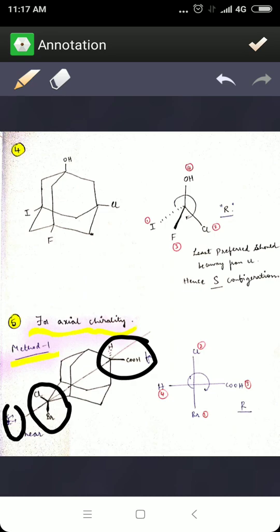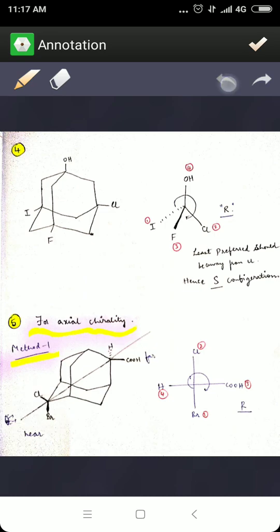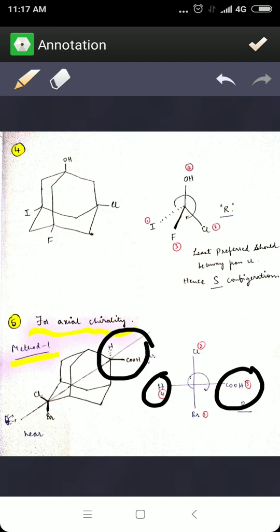So what we are going to do is, whatever is far away from you, that is hydrogen and carboxylic acid, is far away from us. So this one, we will just assign as it is. See, hydrogen is on your left side and carboxylic acid is on the right side. That way we'll finish the assigning. We'll write down hydrogen and carboxylic acid, we've finished.